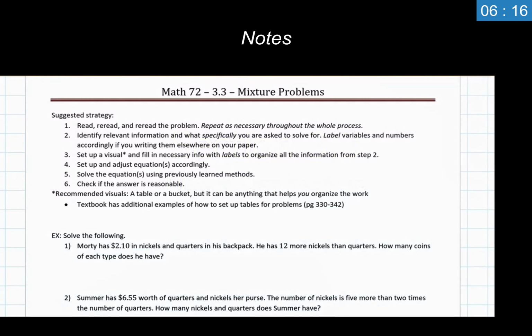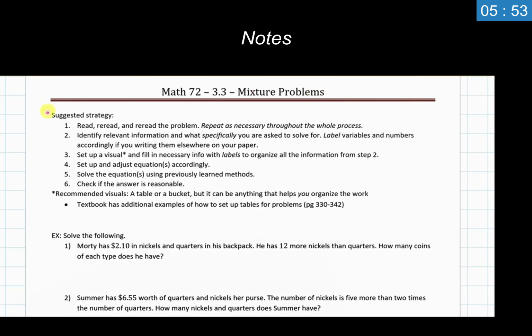In our video today, we're going to be taking a look at mixture problems. These are a pretty particular type of story problems where we have two sets of things or two sets of information. We mix those together and then we get a resulting thing at the very end. So we're going to go through a couple ways that we can set this up and prepare this for ourselves,